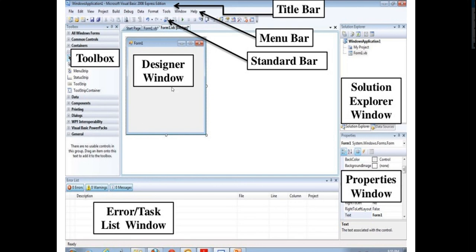Now the form window. What happens in the form window? A form is an interface using which a user interacts with the application. So this is the place through which the user is going to interact with this application. Interact means communicate with the application. So what is the way?